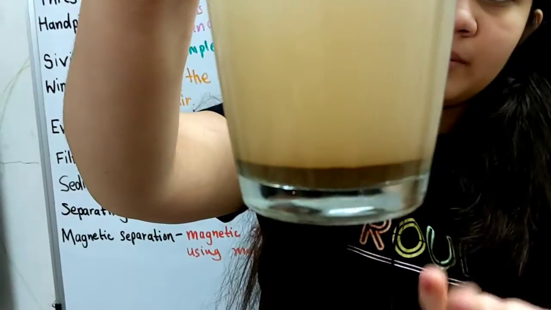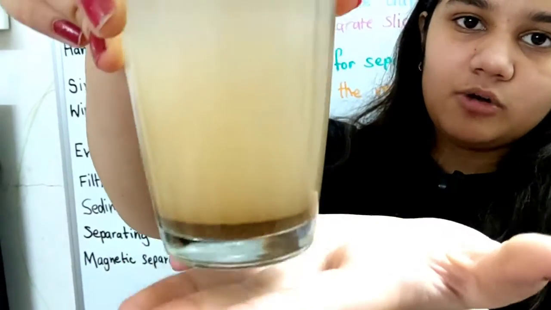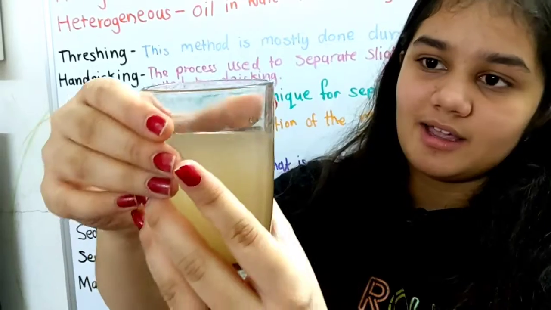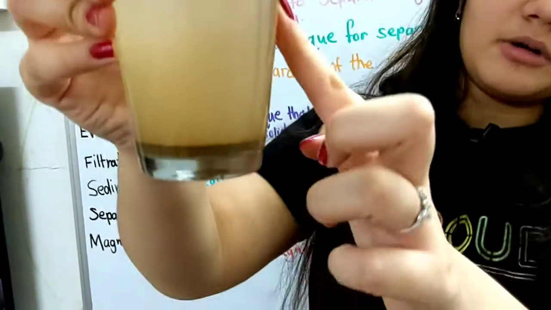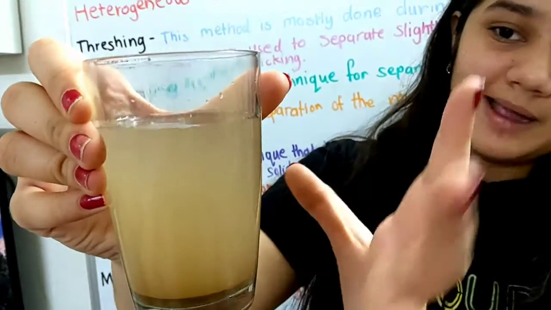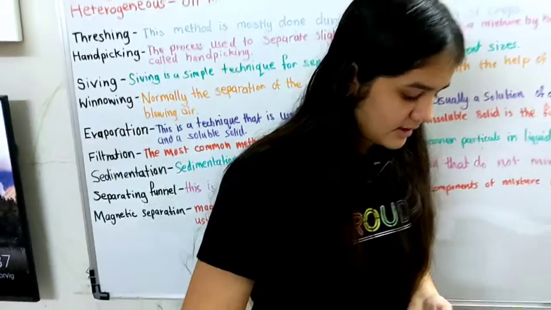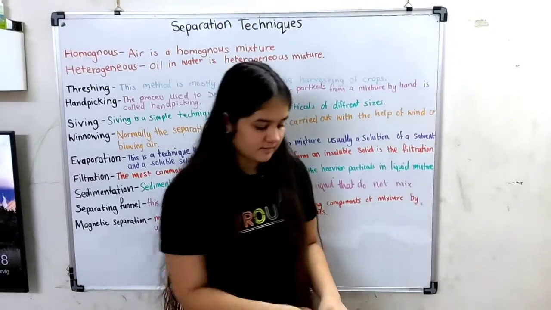So when you wait for it to become stationary, all the sand will come to the bottom and the water stays here. If you look here, you can definitely see the color shades. The water at the very top is quite whiter compared to the bottom water. So this is called the process of sedimentation. You can separate water and sand again.